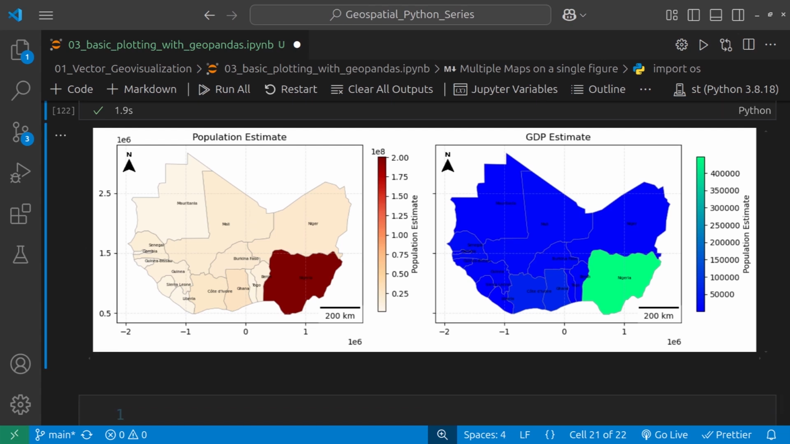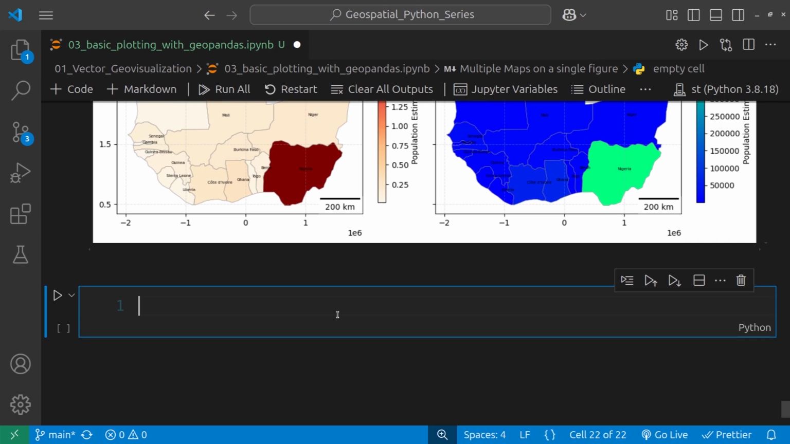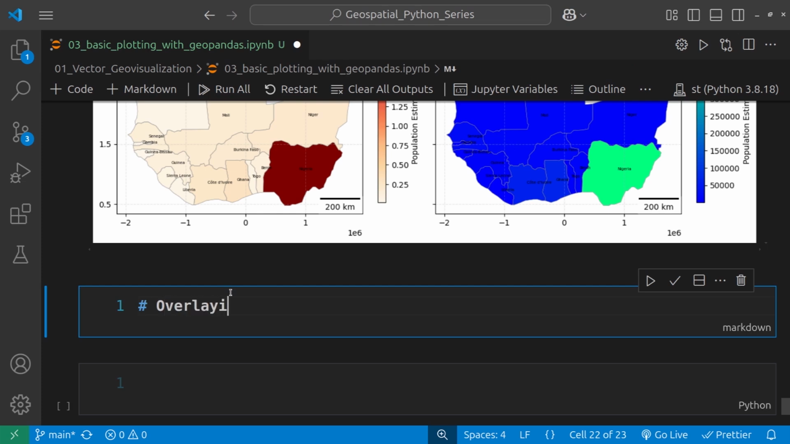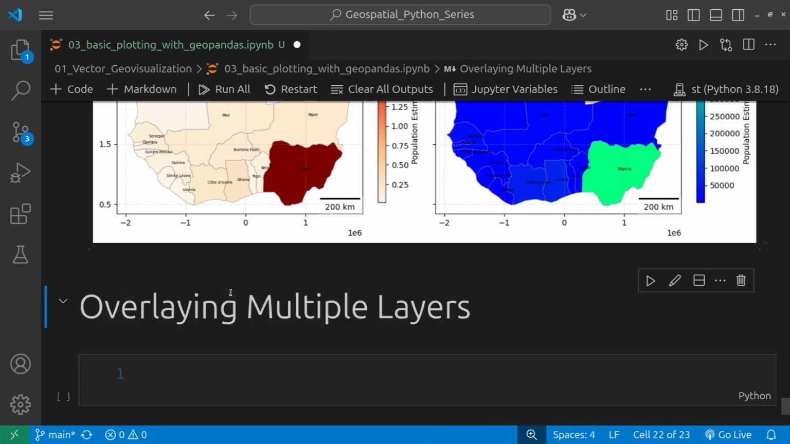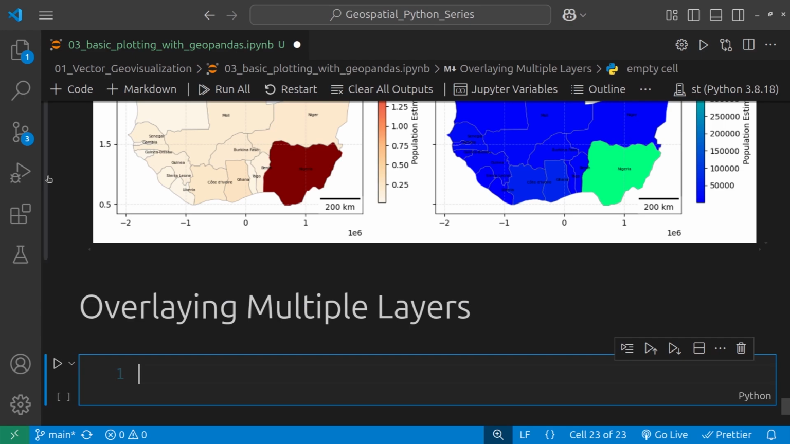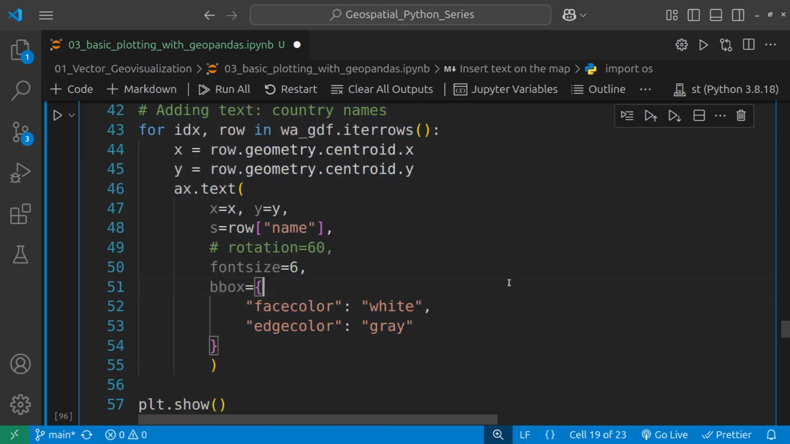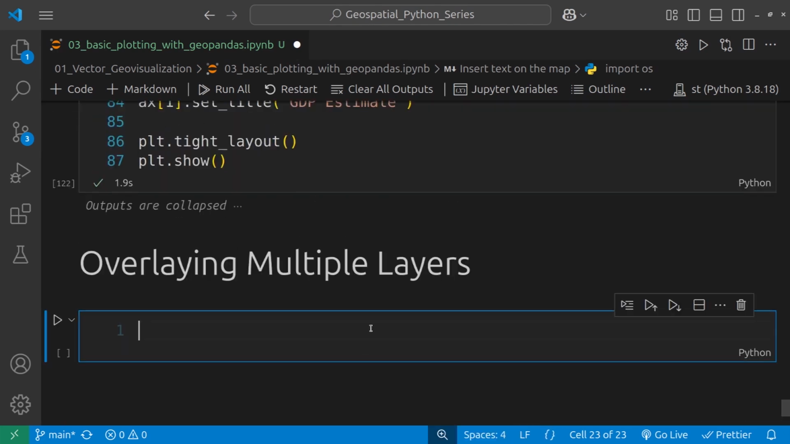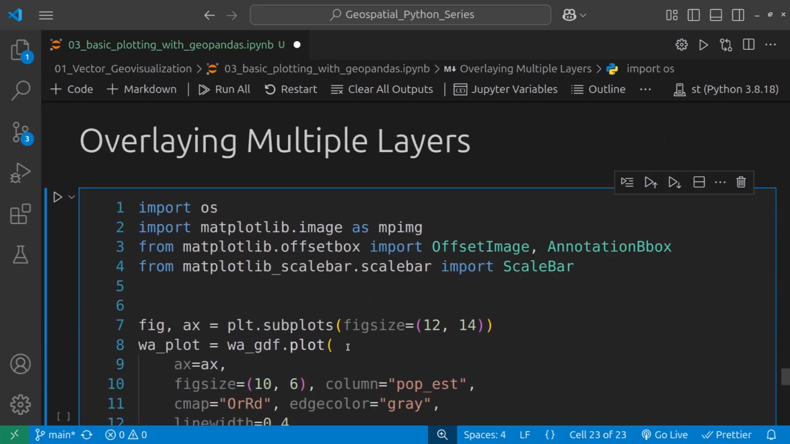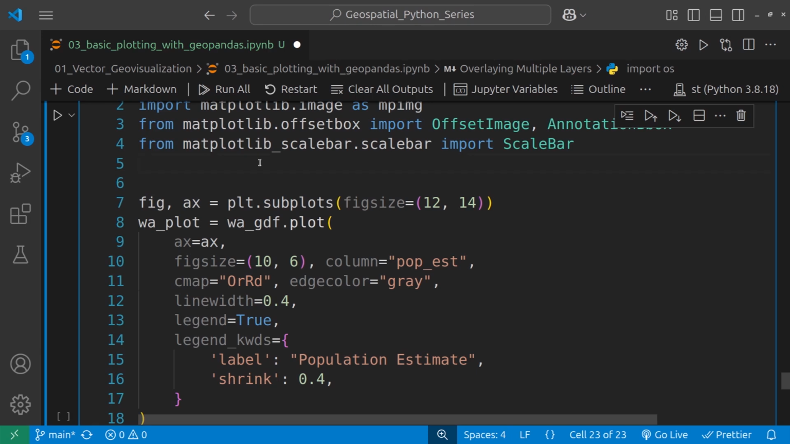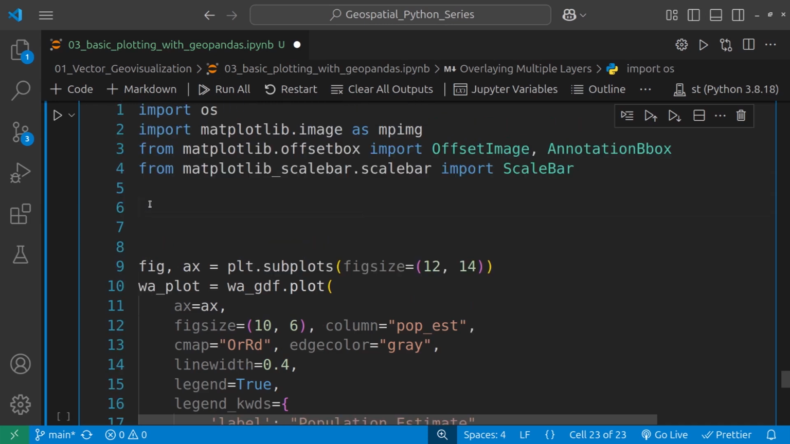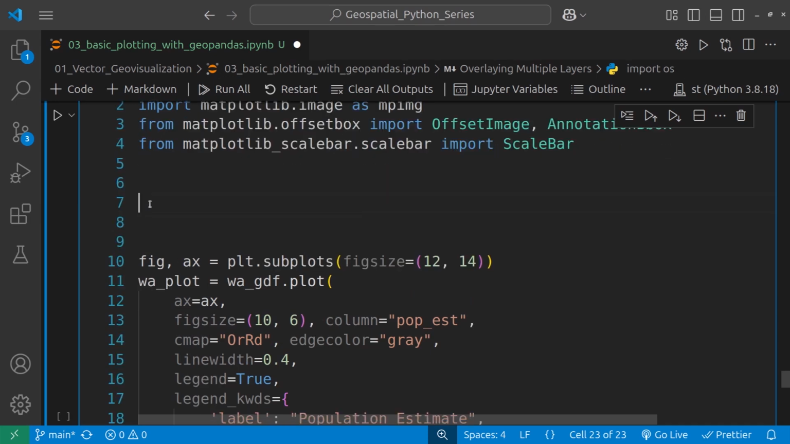The next thing on our list is how to plot a map on multiple layers. So that is overlaying multiple layers. What I'll do is to go and grab this one and then paste it in again. And I'll also call the cities shapefile from GeoPandas and then plot the cities on top of the countries. So I'll say cities